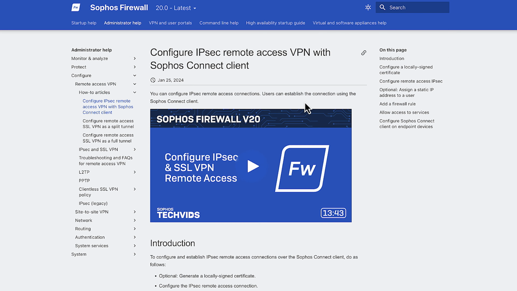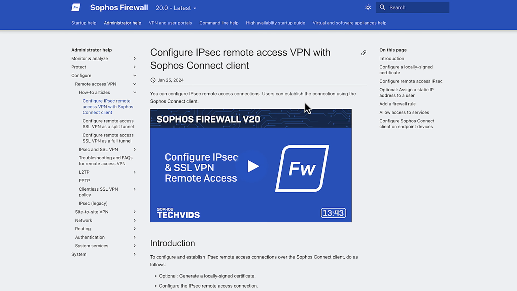Last but not least is Sophos Assistant. This is one of the newest features we've added to Sophos Central and Firewall. In either dashboard, you'll see a floating box with the question mark on the screen. Clicking this will open the Assistant. Right away, you can see some recommended resources available to you.